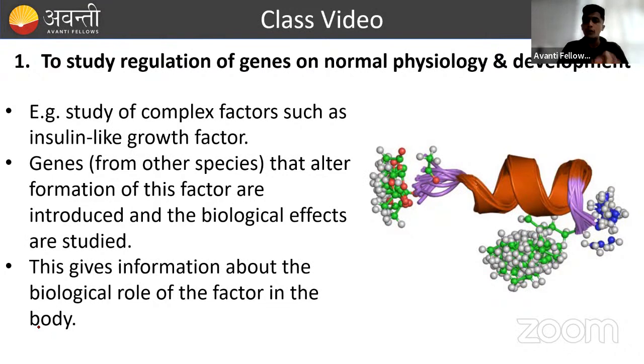So what we do is we take the genes that are responsible for producing certain hormones or enzymes, and we put them in transgenic animals. As we introduce them into these organisms, we can understand how these genes manifest biological changes, and we can study these subjects. This information is very vital for us to understand how our biology works and how we can use this knowledge to correct abnormal cases.